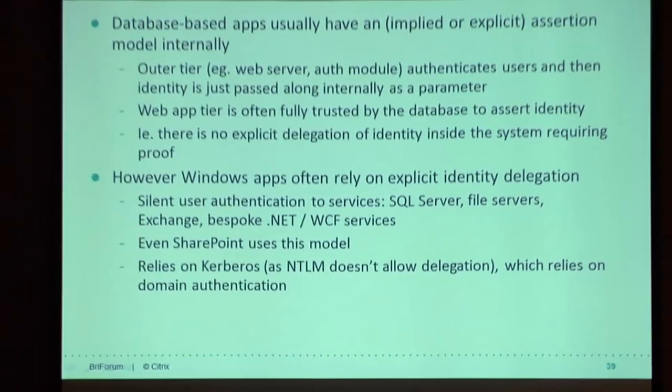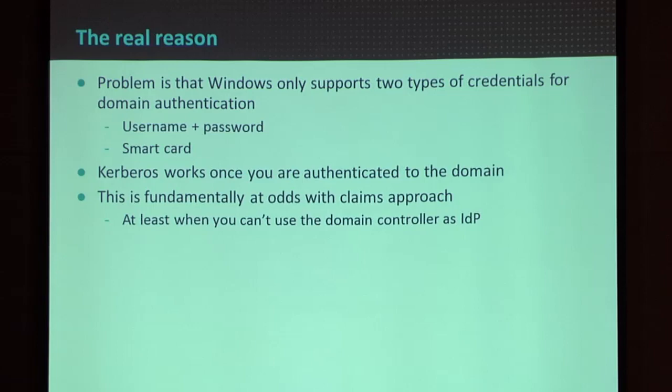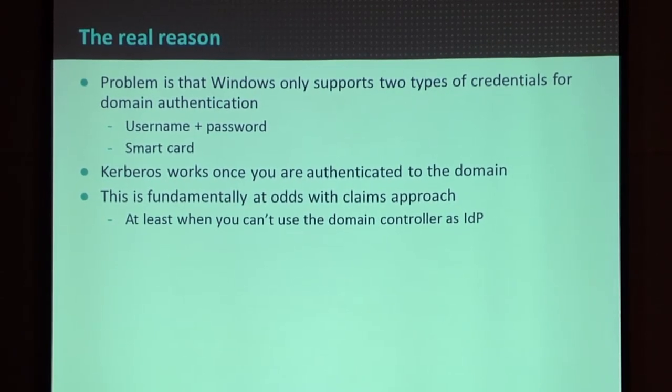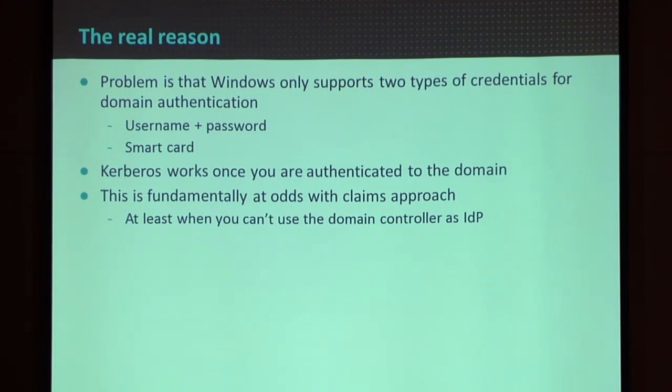So I talked about this a little bit, but the problem really has to do with the way Windows authentication works. To log into Windows, Windows allows two ways of doing that: you either have a password or you have a smart card. Those are the only two direct authentication methods it supports natively. With both of those methods, you end up logged into the domain, and you have Kerberos tickets that can carry you anywhere across that whole forest infrastructure and even forest trusts. You've also got the ability to do entitlement authentication, a point-to-point challenge response, but you can do that.